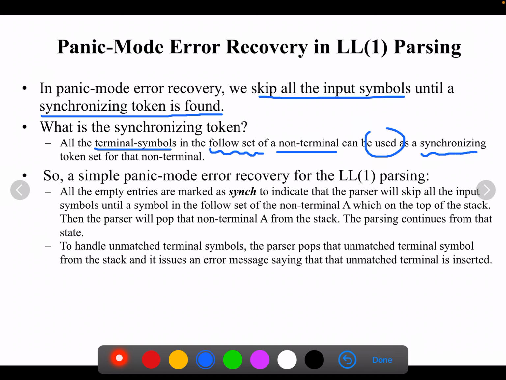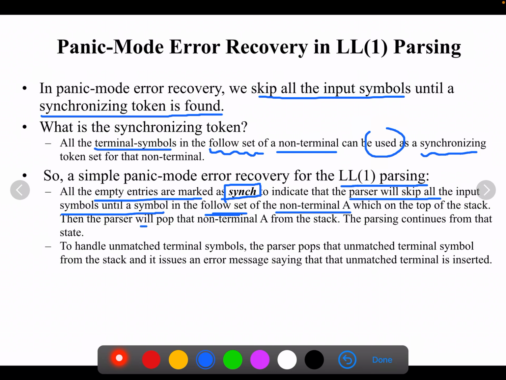A simple panic mode error recovery for LL1 parsing has the following steps. All the empty entries should be marked with the sync keyword to indicate that the parser will skip all the input symbols until a symbol in the follow set of a non-terminal A, which is on top of the stack.